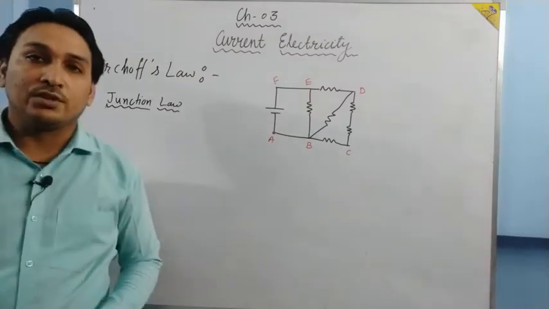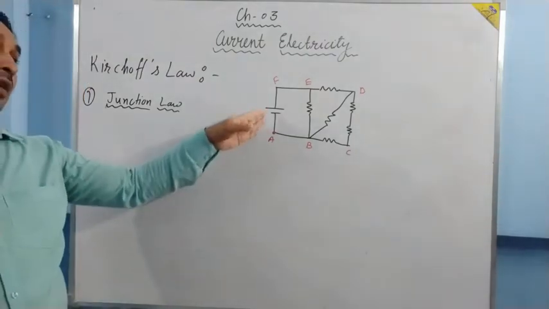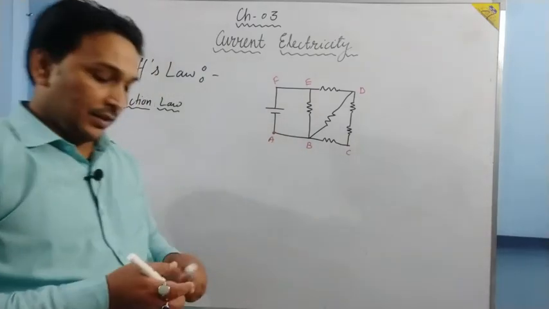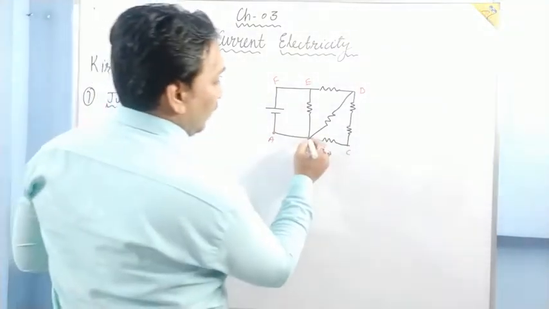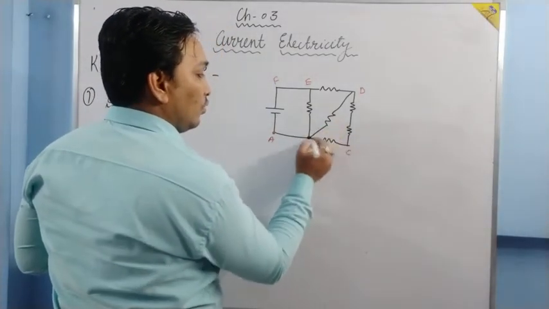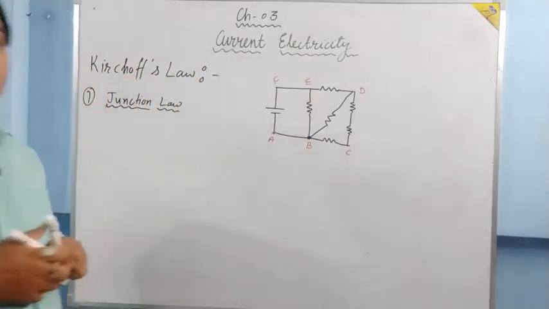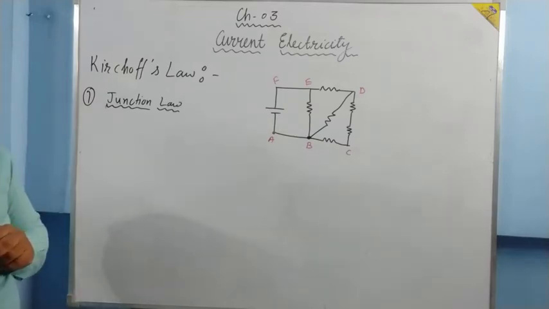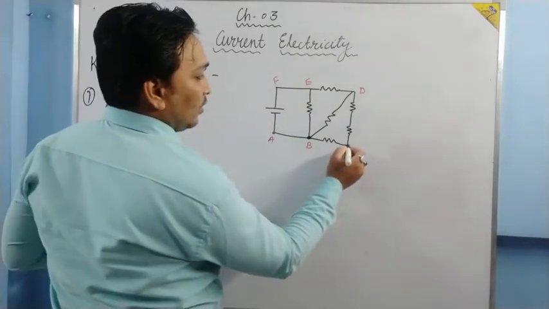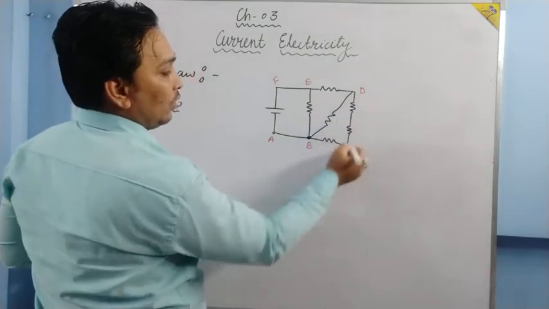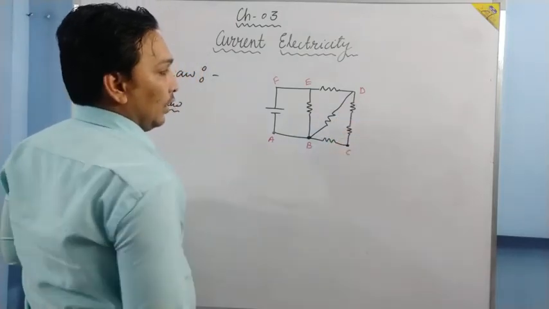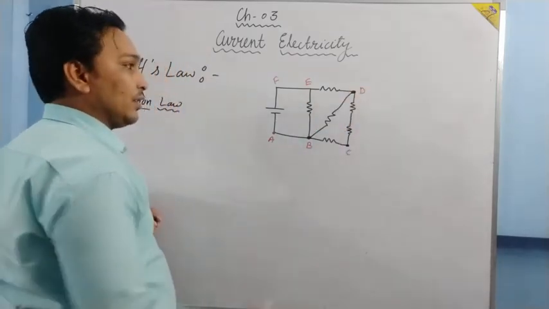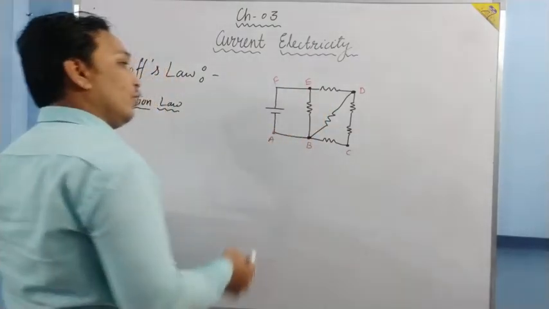How many junctions are there? Is A a junction? No, it is not, because the wire simply takes a turn over here. Is B a junction? Yes, it is, because we have 1, 2, 3, 4 wires connecting over here. When more than 2 wires are connected somewhere, we say it is a junction. Is C a junction? No, because only one turn is there, only 2 wires are connected like this, a simple wire is going. Is D a junction? Yes it is. E? Yes it is. F? No, it is not.